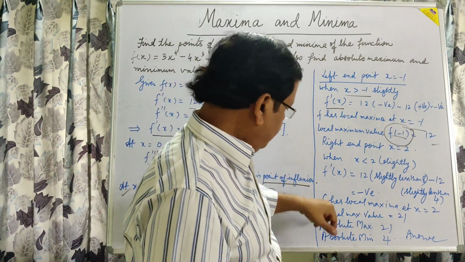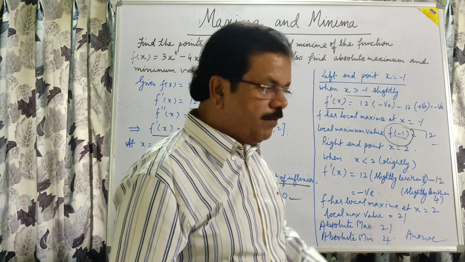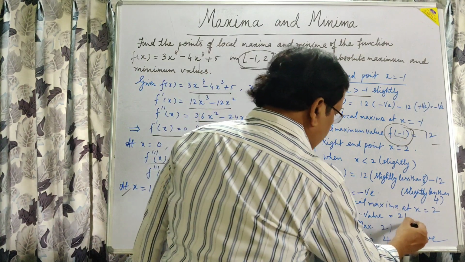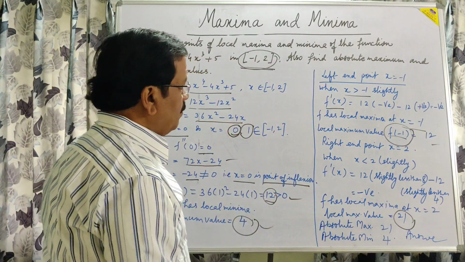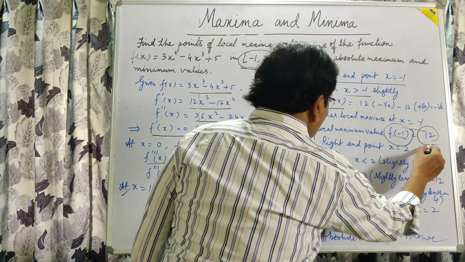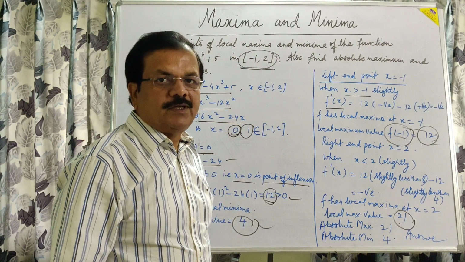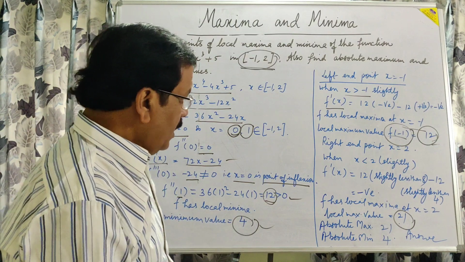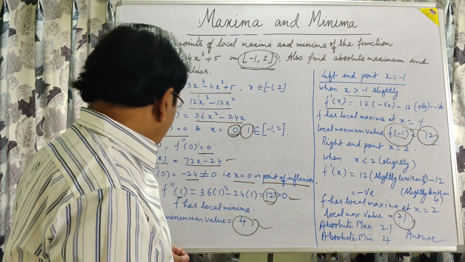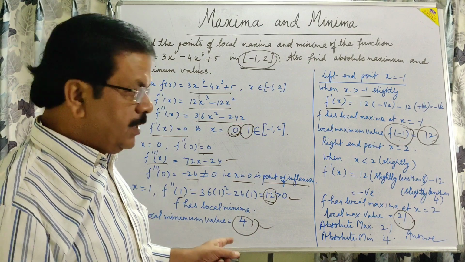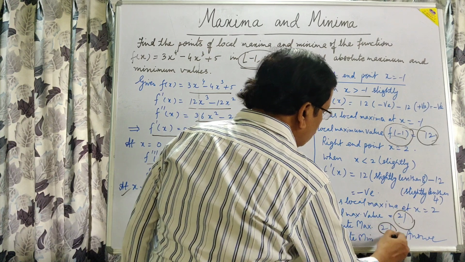In this neighborhood this is a local maxima, and the local maximum value, putting this in, we are getting 21. Keeping in mind all the local maxima, this is 21 and this is 12, whichever is the maximum will be taken as the absolute maxima, as we just studied in the concepts. That is why 21 will be the absolute maximum value, and since there is only one local minimum, this is the absolute minimum value also, and this is your answer.